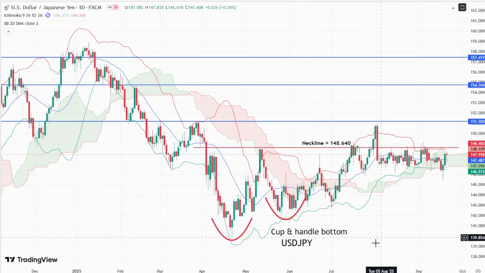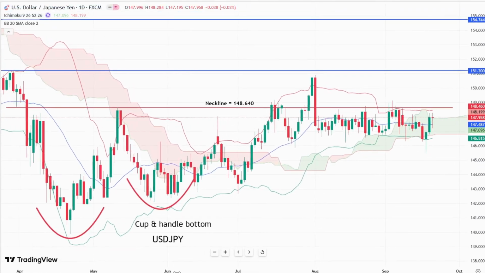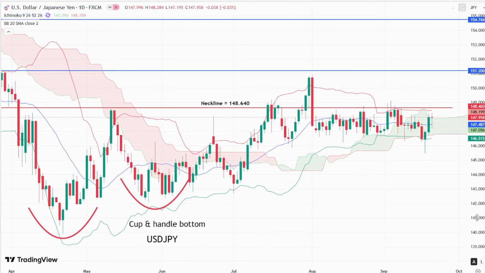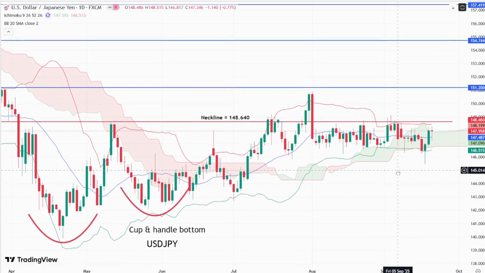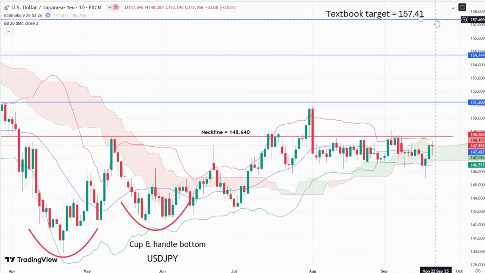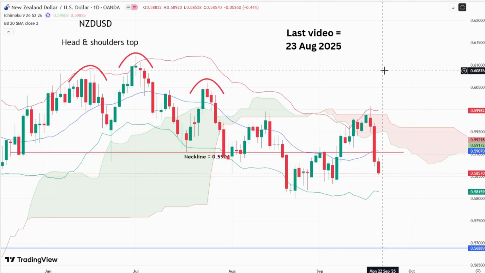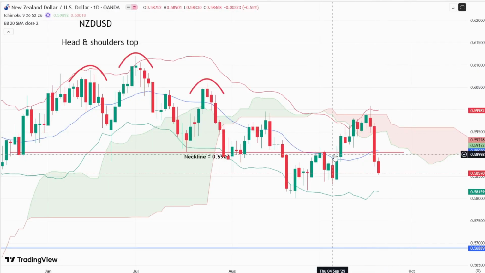This cup and handle bottom bullish pattern has a textbook target at 157.41, but I would be convinced that dollar yen has entered the bullish resumption phase only with a close back above the neckline, 148.64. In the video on the 23rd of August, I said that Kiwi dollar should head higher first